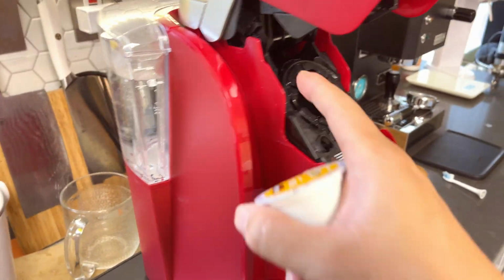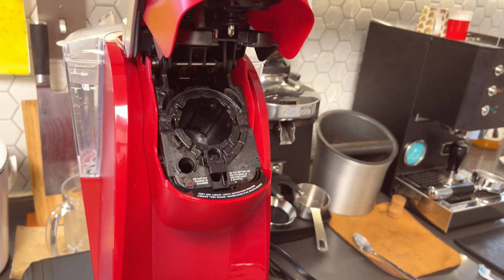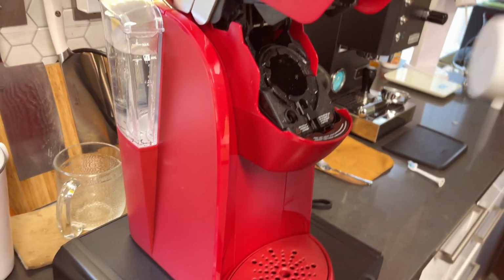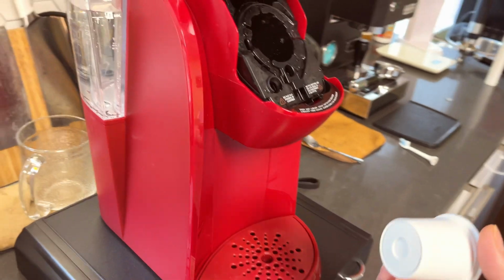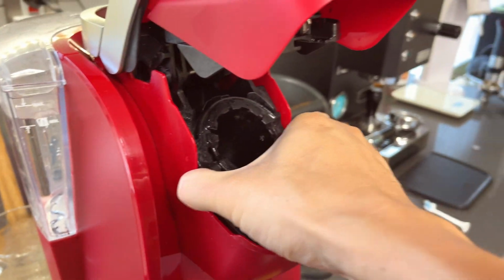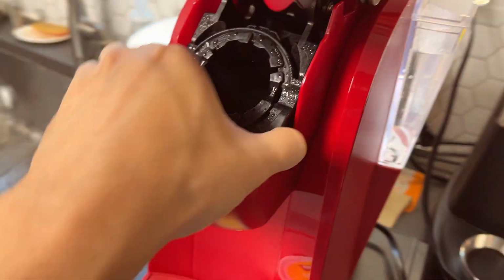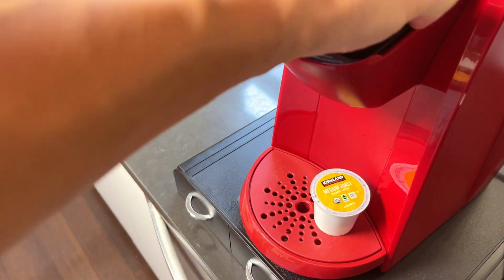There's also a boiler somewhere hidden in the chamber that you don't see. The boiler heats up and reserves a small amount of water, so it's always almost ready anytime you need to brew. Also, this chamber is very easily removed for service. You just press the two sides. It's kind of hard to do with one hand, so I'm going to try my best. You press on two sides and it pops out